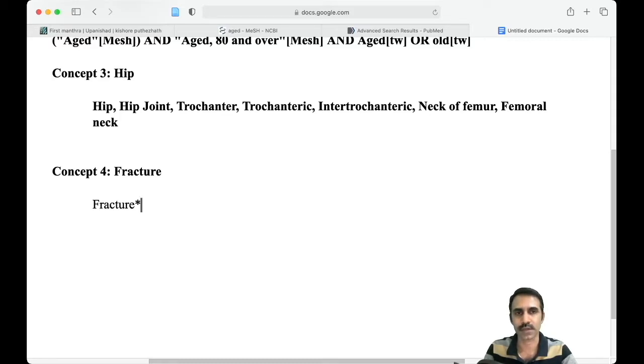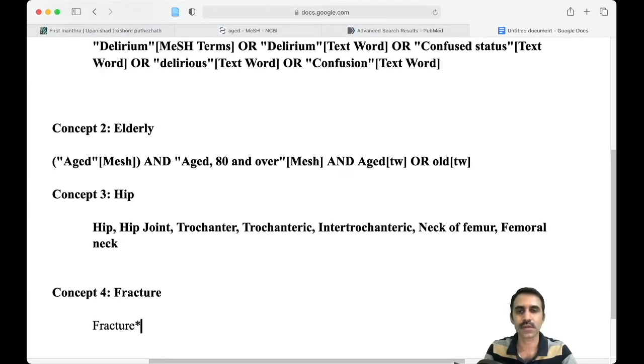This is called truncation, and connecting all the mesh terms and keywords with a command is called Boolean linking. Then this is the tagging which is being done. For keywords it is TW, for mesh term it is mesh.